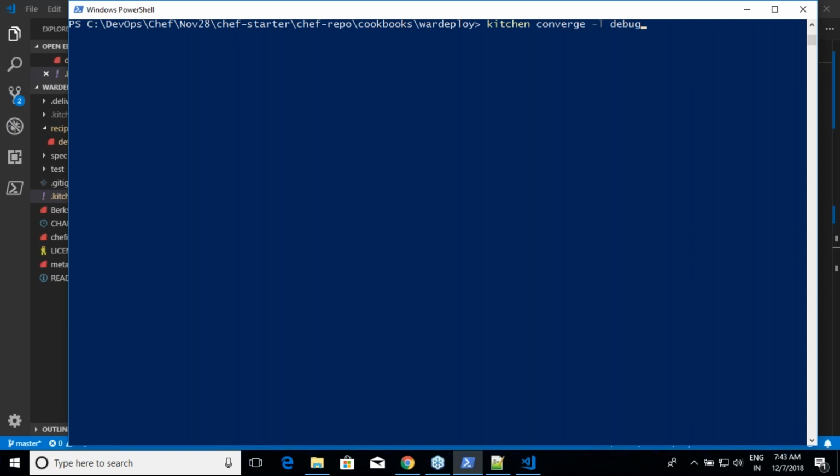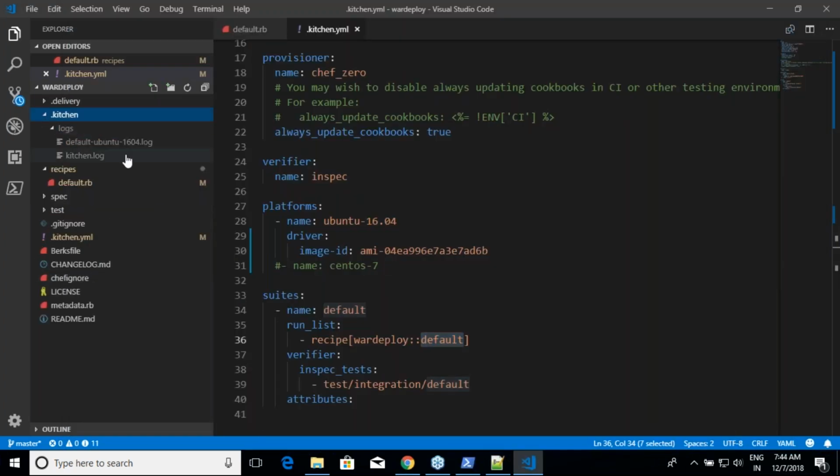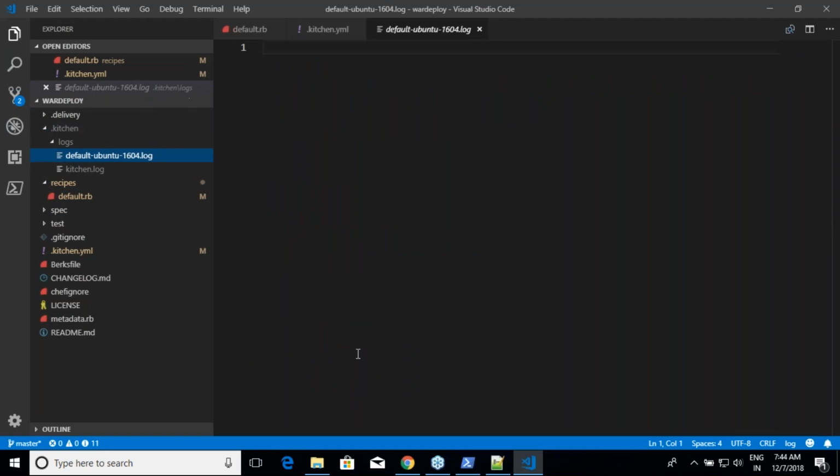If you use -l debug, you will get detailed logs. If you don't use that, you will get only info and error logs. Debug is more on the elaborate side. Whenever you're running in office, there is no need to run debug; you will just run it at info level. But whenever you come across errors, you need to go with debug mode, because that is where you get more descriptive errors. Whenever you start running this in debug mode, you will see a folder called .kitchen, and in .kitchen, you will see these files. This is where you will end up seeing the logs. Am I clear on this? Yeah.